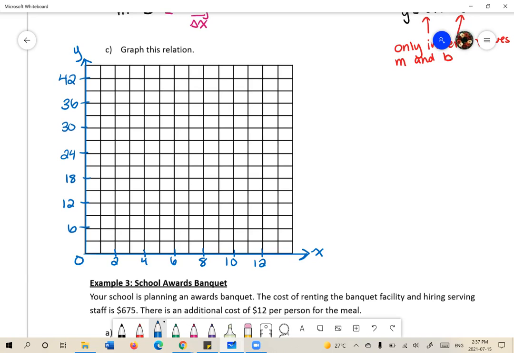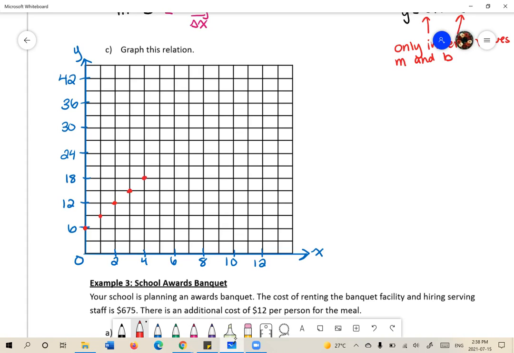Now I'm going to plot the points that were given to me in the table of values in part A here: (0, 6), (1, 9), (2, 12), (3, 15), (4, 18),